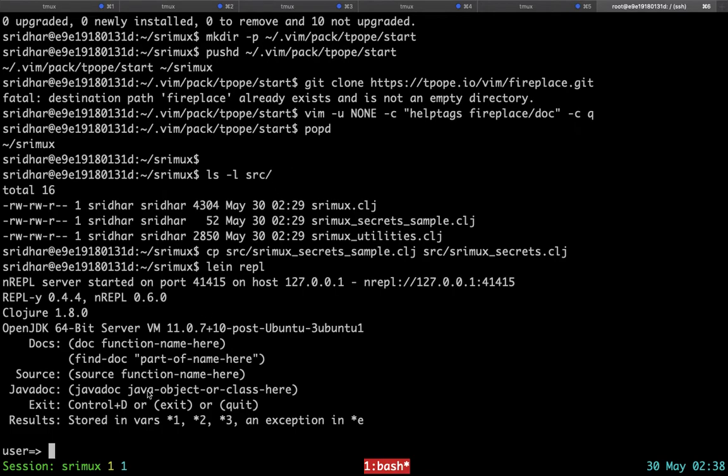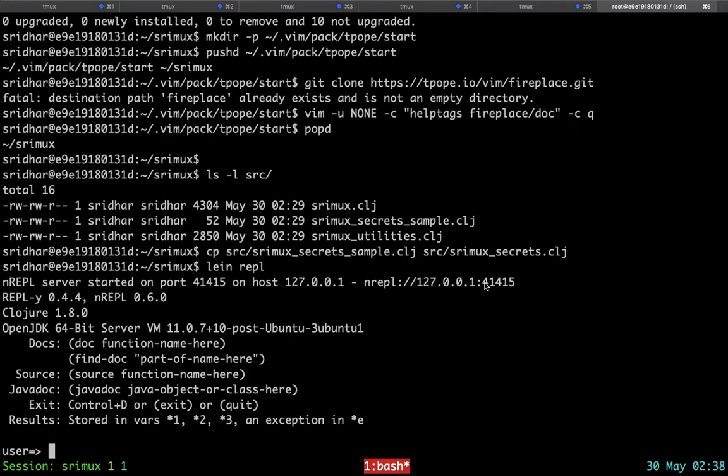So you have to be patient when you do it for the first time. But here you see that the nREPL has started and it's available on this port 41415. So that's great. So you need to take a note of this port because that's what you will connect to when Fireplace will prompt you to do that.